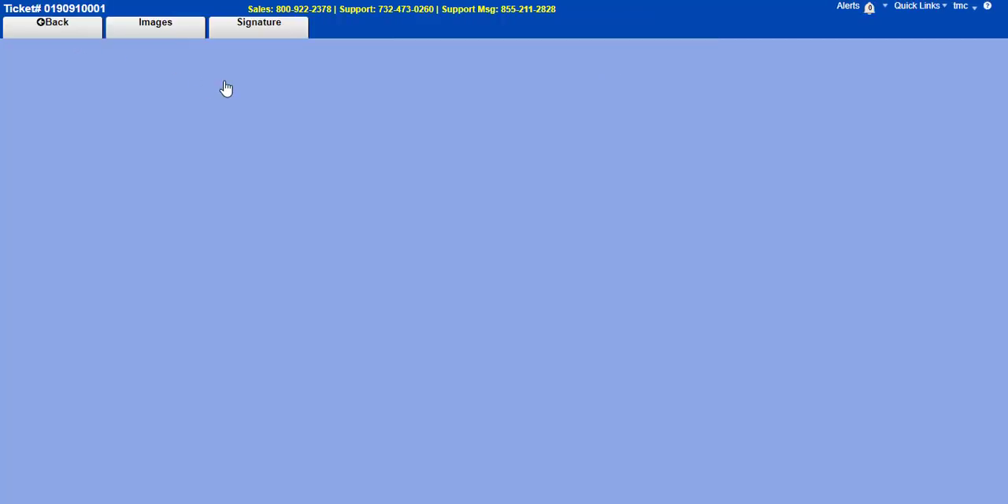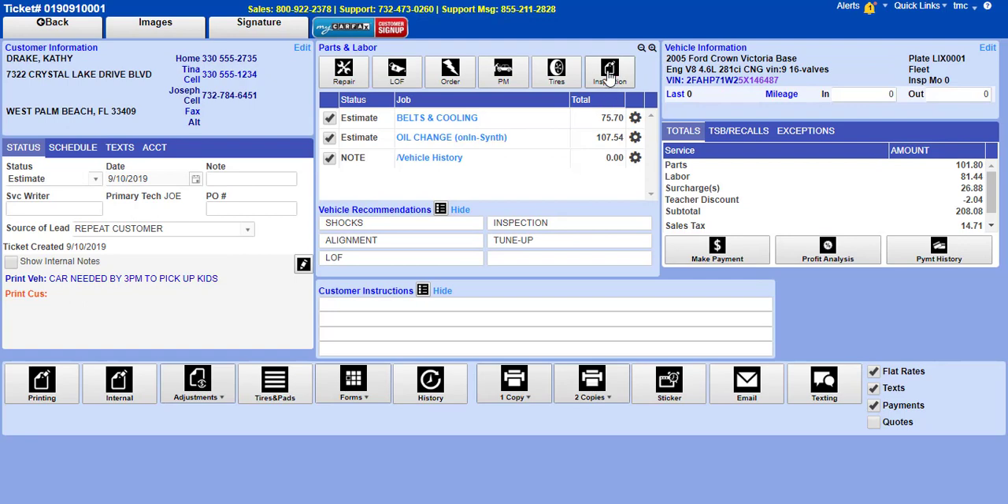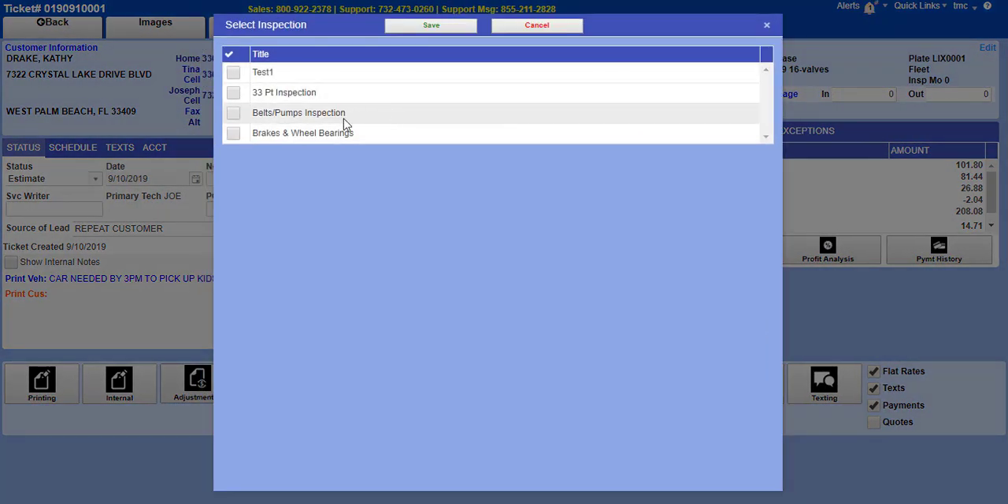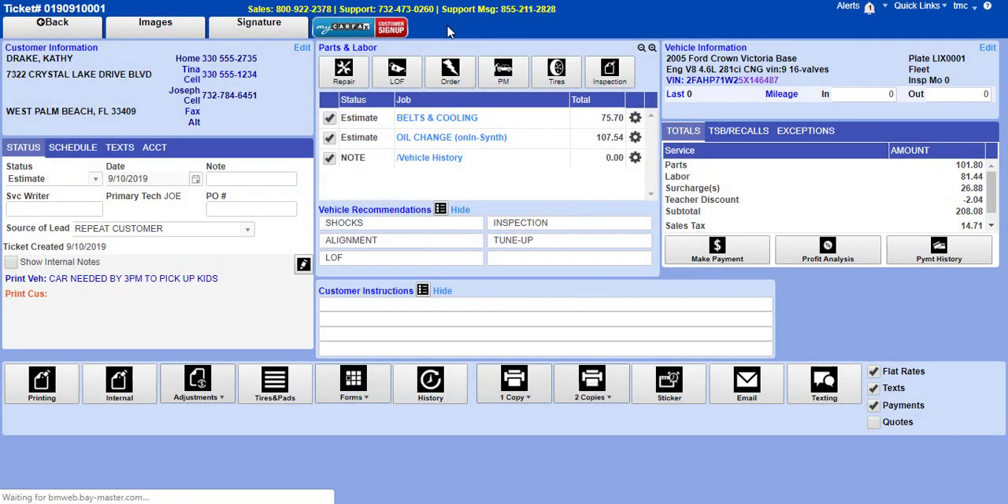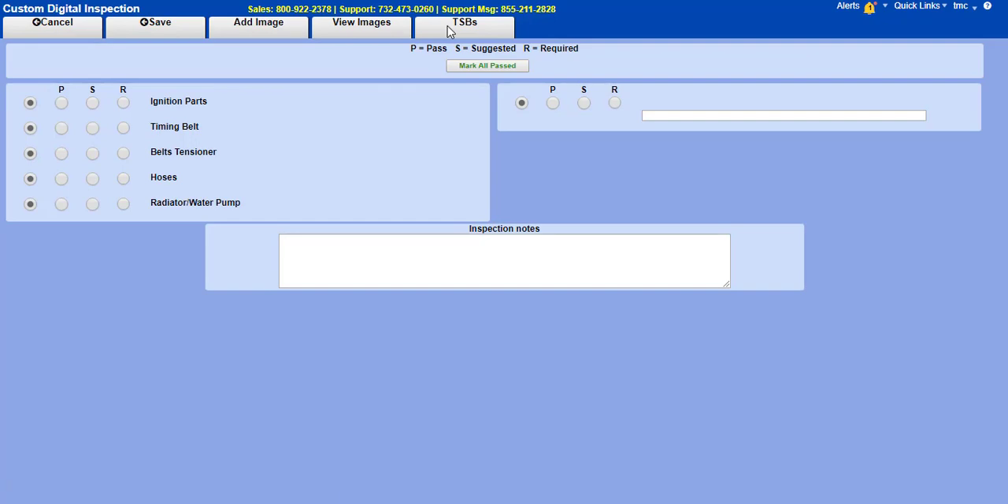Okay, cancel. We also have customizable digital inspection forms. These are the little ones that we've set up here. So you can do like a whole 33 point or whatever, or you can do little ones. You can do as many or as little as you want. With Baymaster, we also have, wait, that's not right. We also have,